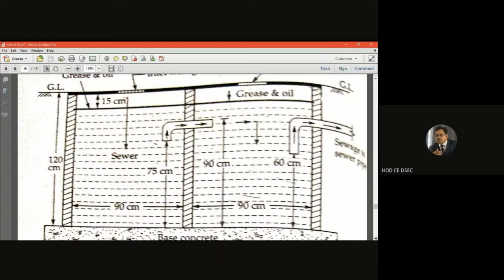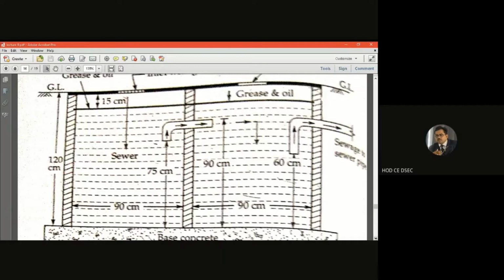So we have to remove the grease and oils from the sewerage system by providing grease and oil traps, which I am going to discuss in these appurtenances. This is very, very important. This is basically a chamber, as you see from the figure, and it is constructed in a sewerage system. The basic purpose is to remove oil and grease from the sewage before it enters the sewer line. That means it is located near the sources contributing grease and oil to the sewage.